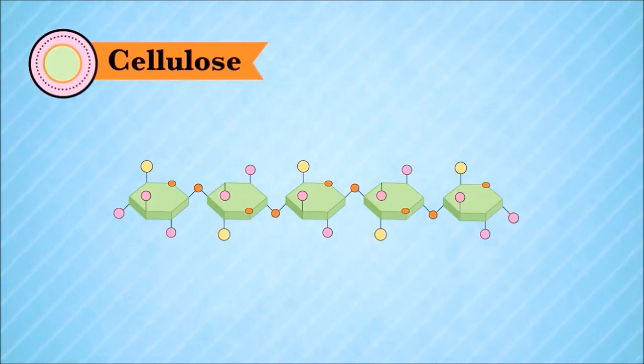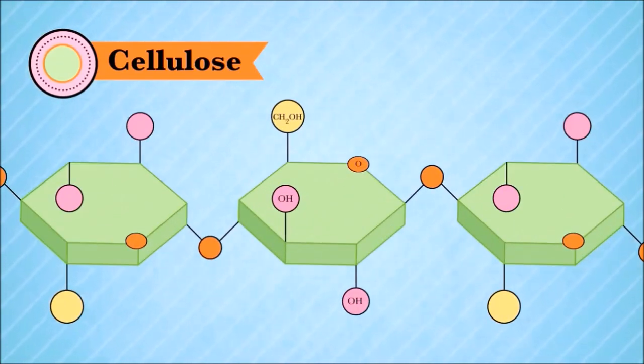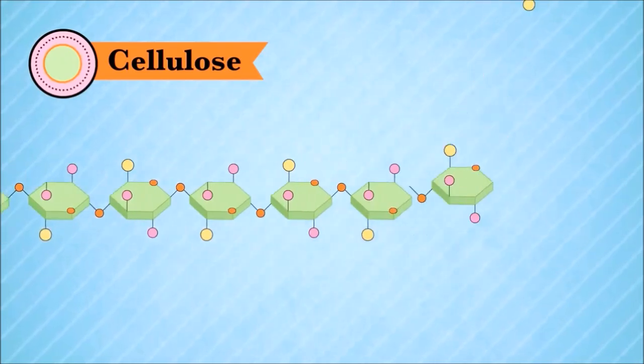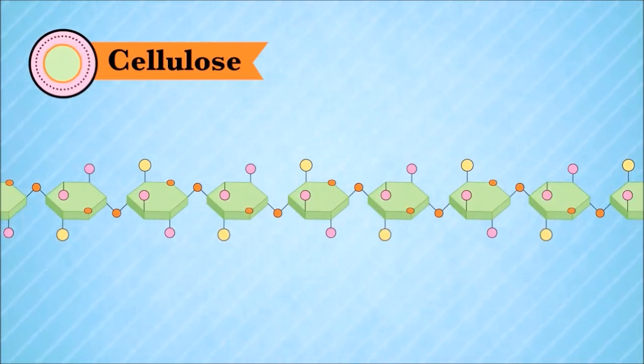In plants, cellulose is the most common structural compound. It's just a bunch of glucose molecules bound together, and it is the most common organic compound on the planet. Unfortunately, it's very difficult to digest. Cows can do it, but humans certainly cannot, which is why you don't enjoy eating grass.